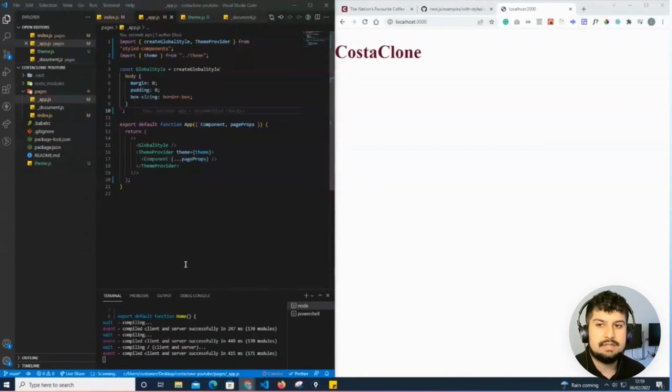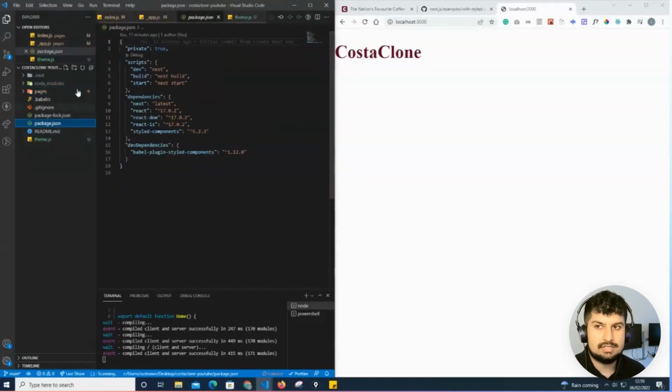Now that we've built the theme file, what I also want to do is create a components folder where I will build all my components and then import them into the relevant pages that need them. So if I go again onto my package.json level and create a new folder and name that components,